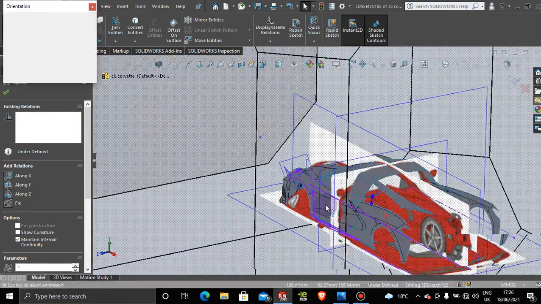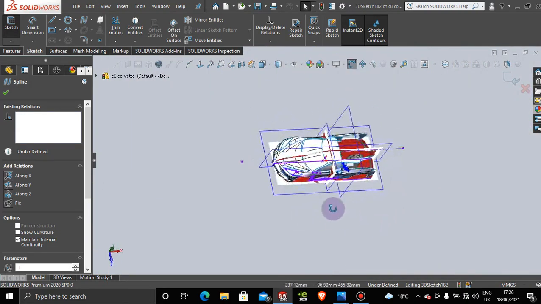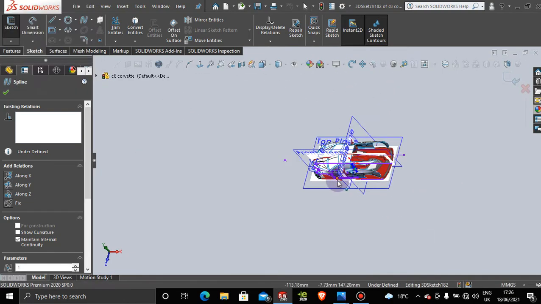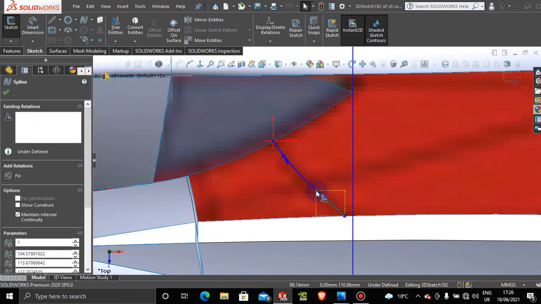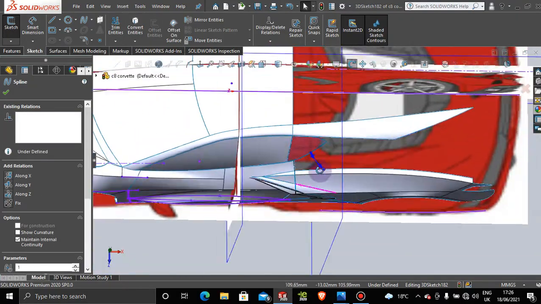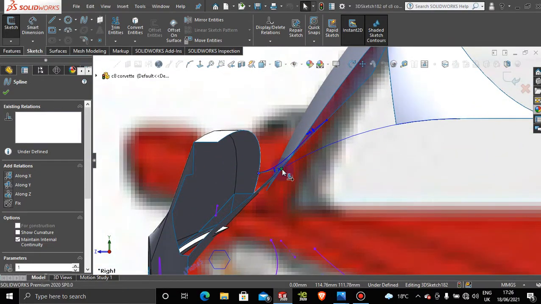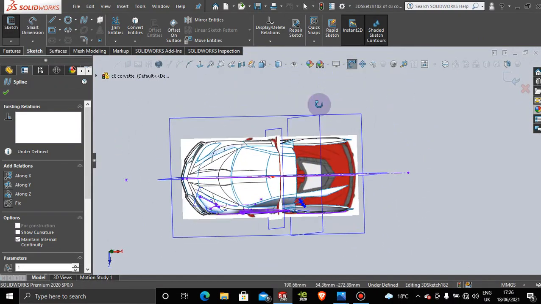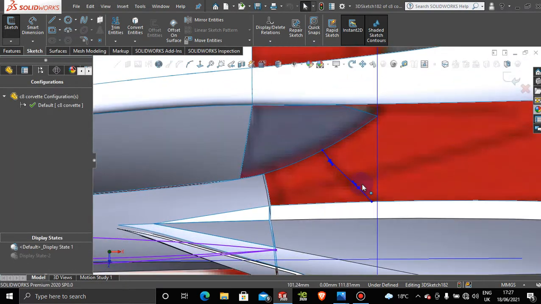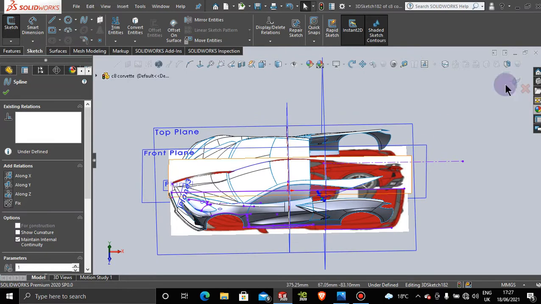And then let's jump back to the top view here and make sure that our line is correct. Click on top and normal to profile, and just make sure that this line is correct here. We can jump back here. And it's maybe a little bit, I think that should be all right. Let's just double check again from the top. And that should be it. Okay. And then we're going to exit the sketch